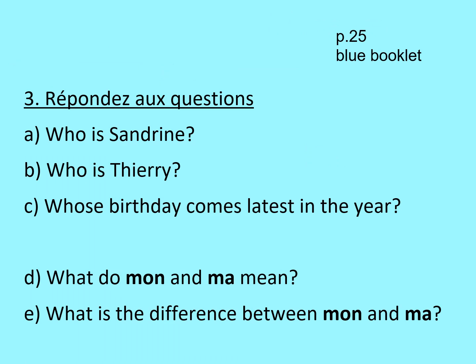À la page 25, we've got some more questions linked to this task. You need to answer them in English. Where it says who is somebody, you need to say what relation they are to somebody else. So if Sandrine was Philippe's cousin, for example, you would write Sandrine is Philippe's cousin, or just Philippe's cousin, because you don't need to write in full sentences. Okay, so the answers are going to appear on the screen right now. We've got the answer for A, and we've got the answer for B, C,